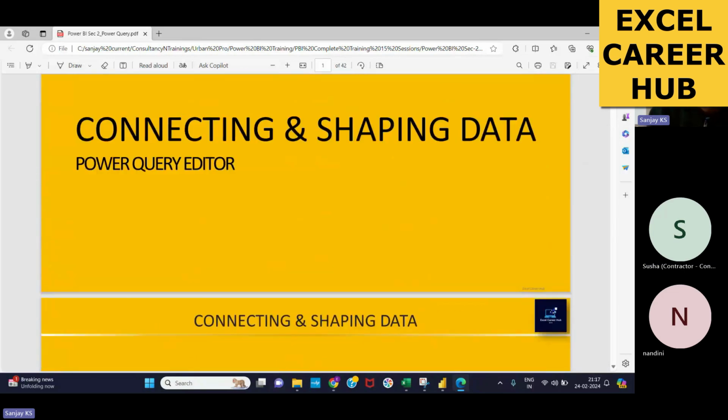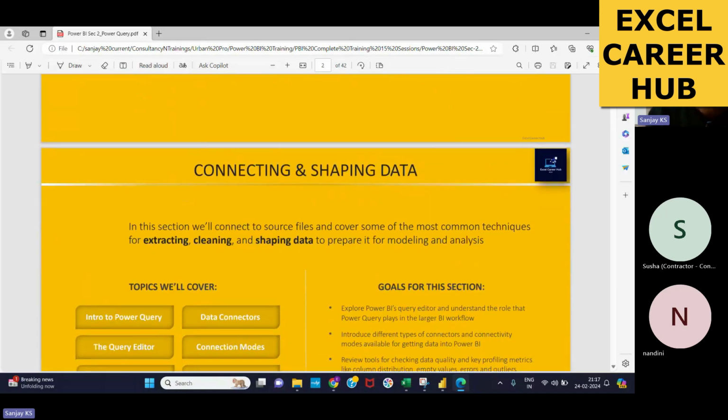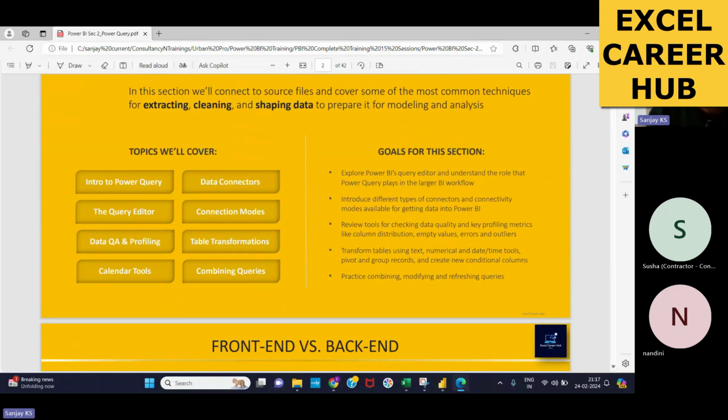Okay. So connecting and shaping data, Power Query Editor. This is the first component which we are going to start. Connecting and shaping data के अंदर we will cover introduction to Power Query, data connectors, Power Query Editor क्या है, कनेक्शन के मोड्स क्या हैं, फिर इसका प्रोफाइलिंग कैसे करते हैं, ट्रांसफॉर्मेशंस कैसे करते हैं, व्हाट आर द कैलेंडर टूल्स एंड व्हाट आर कंबाइनिंग क्वेरीज. ये सारी कुछ चीजें हम लोग इसके अंदर पढ़ेंगे एक एक करके. दिस एंड मच मोर विल बी कवर्ड. अच्छा,